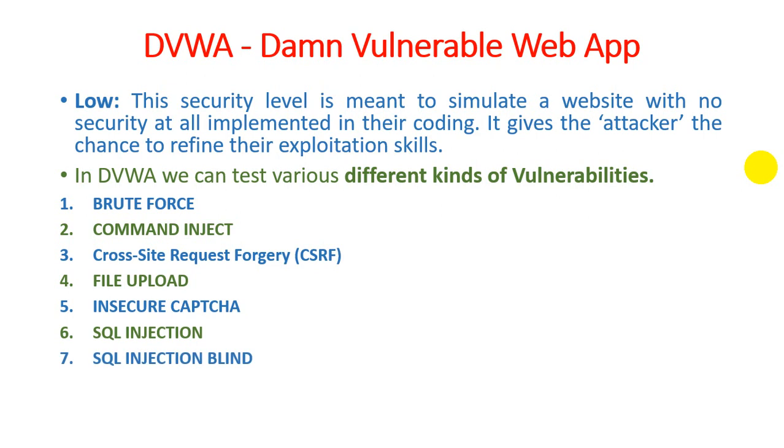7. SQL injections blind. What is blind? They don't know anything regarding the SQL queries, but they know how it works. So it is nothing but the SQL injection blind. What is the difference between SQL injection and blind? If your data is shown in a particular URL, then you can perform it with a specific terminology, which is the SQL injection. But if a particular website does not transmit its private data with a URL, or it is not seen in a URL, then whatever SQL query is performed on the input fields is the SQL injection blind. So guys, this is the functionality which can be provided by a DVWA vulnerable web app.